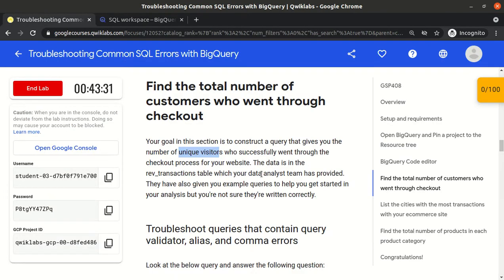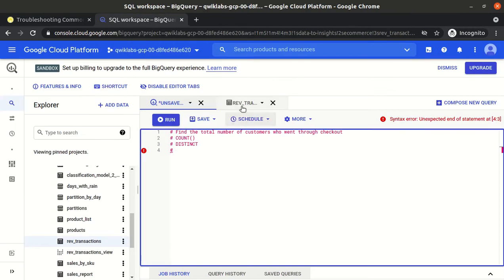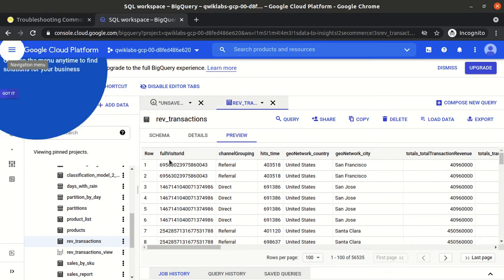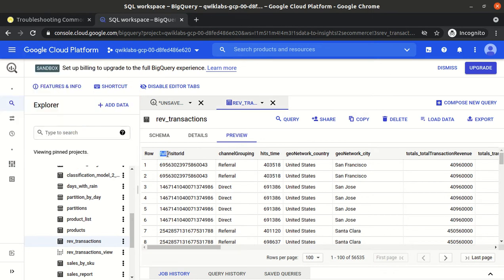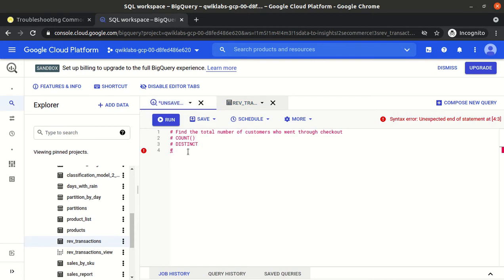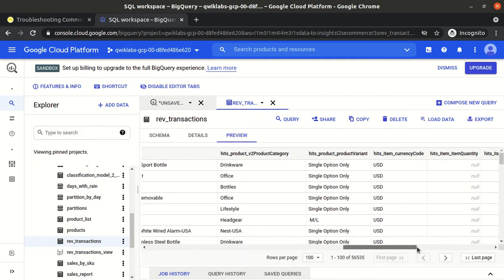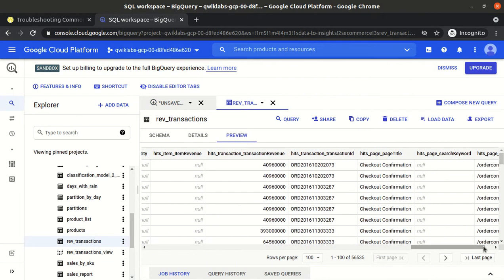Also we need to find out those customers who went through the checkout process. Basically there are two columns only. One is the full visitor ID, which gives the customer ID, and one column is hits page, page title, which gives us the checkout confirmation.